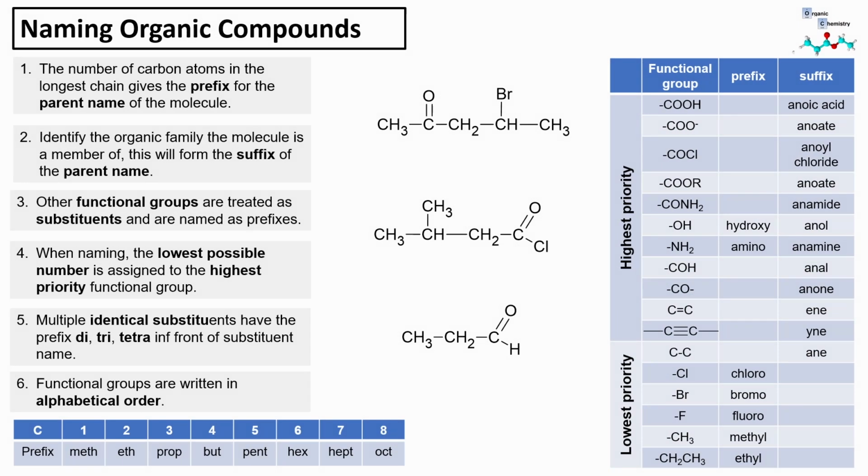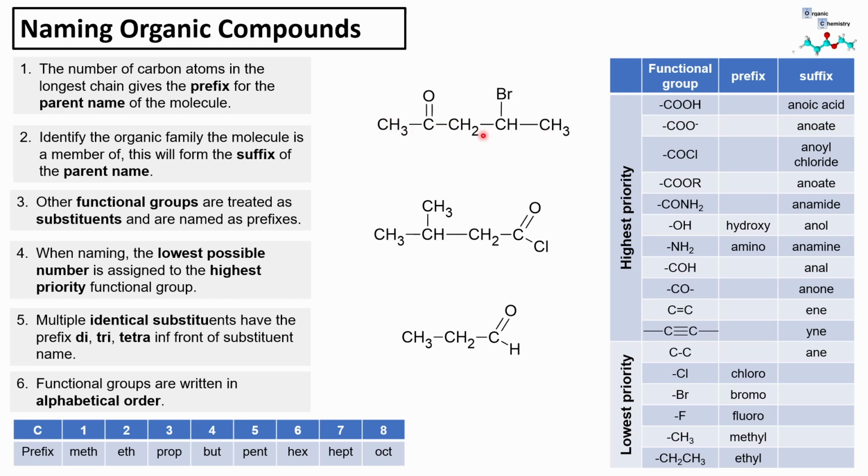Okay, so we use 6 simple rules to name molecules, and on the right hand side we have a table of all the prefixes and suffixes for the different functional groups. These include the ones that you learnt in level 2 and the ones that you've just been introduced to in level 3. So the 6 things that we need to be able to do is first identify the parent chain,